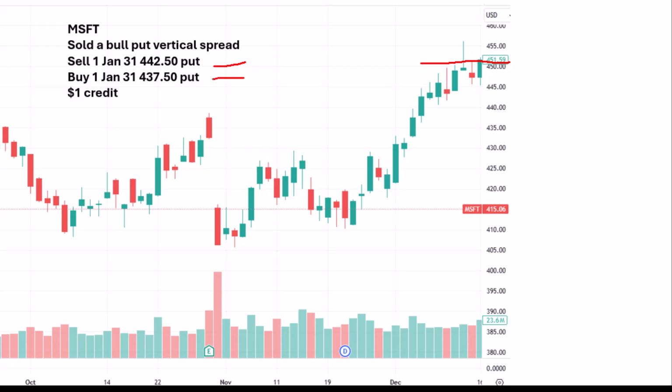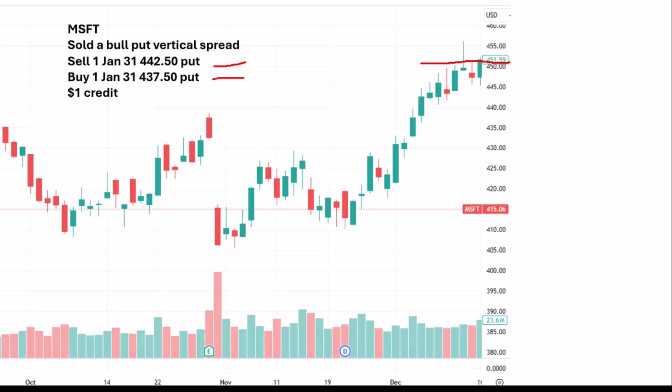And in this case, we're going to see how it worked out. You're getting this extra bit of protection below a certain amount. So it's a little bit less aggressive, because it gives you that protection. It's a lot more capital efficient as well. You don't have to put up the entire cash to secure just the cash secured put. You only have to put up basically the $5 less the credit. So much, much more capital efficient.